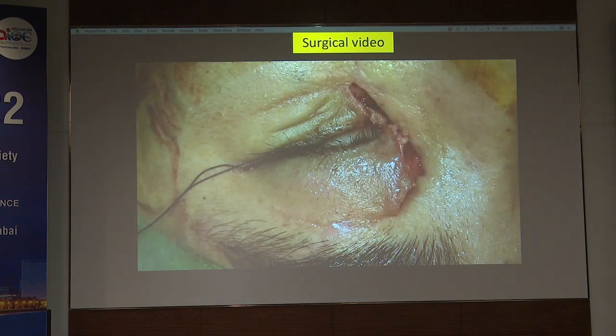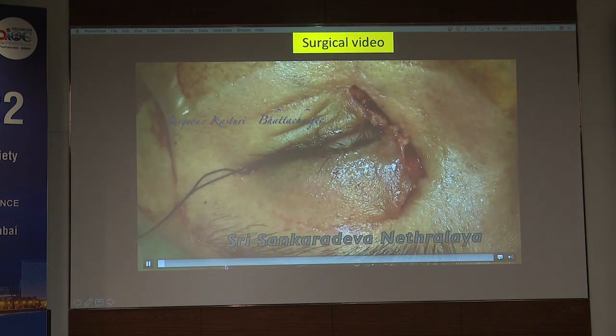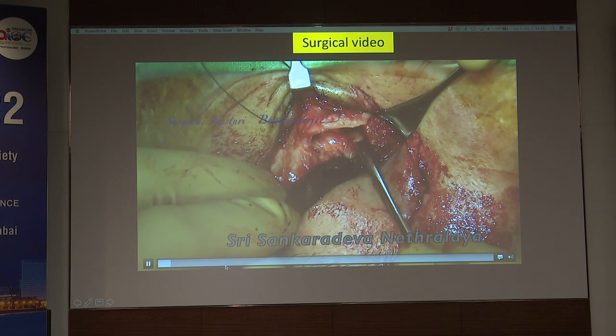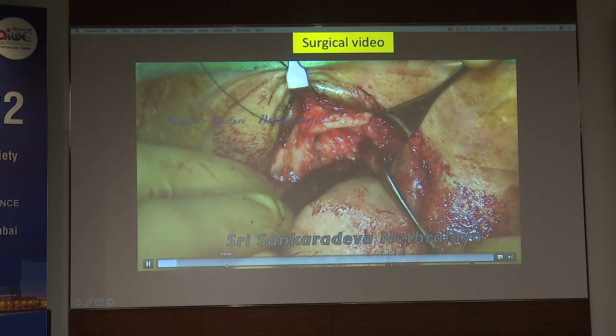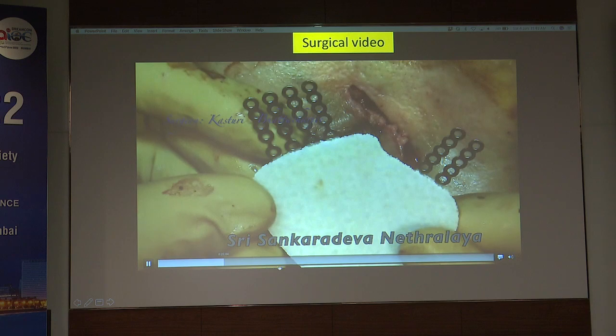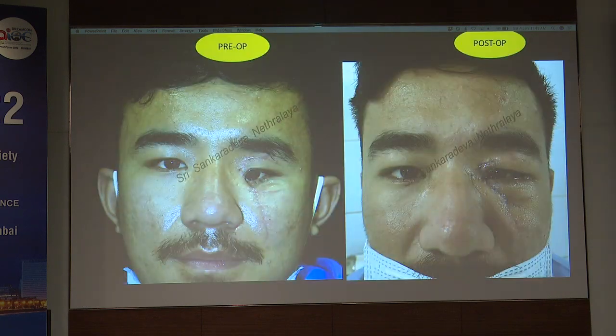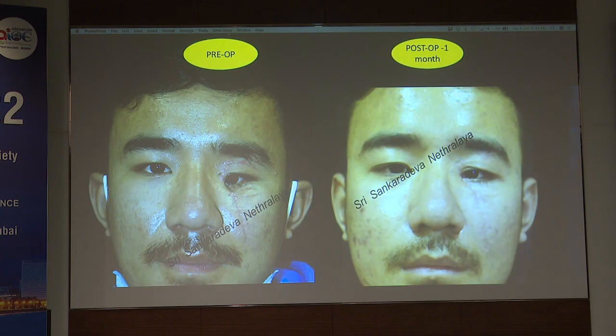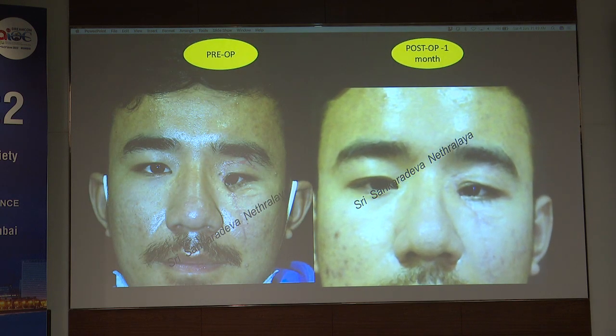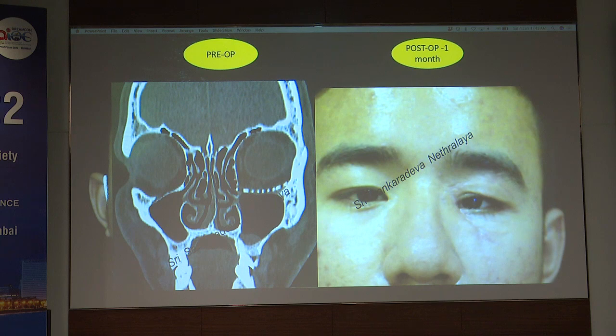This is an NOE fracture. This is really challenging to us because when they have a fracture, they go to a neurosurgical specialty, then to a maxillofacial, and lastly come to us with too much adhesion. So these are a little challenging for us, but still, if you have the technology and you know the technique, it really helps you give a very adequate correction.